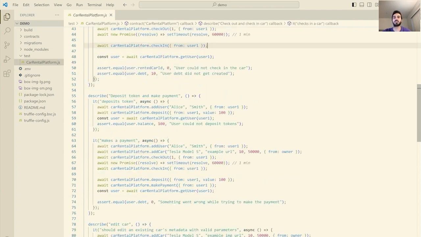Let's look at our deposit token. So we said with this describe, we have two functions. We are going to test the depositing functionality and the make payment functionality. Here I set carRentalPlatform.addUser and we added our user Alice Smith. Then we deposited 100 here with user 1. We were saying from user 1 to say that this transaction is coming from this wallet address. Now we are also saying we are passing this much value, this much token, so that our Solidity code can